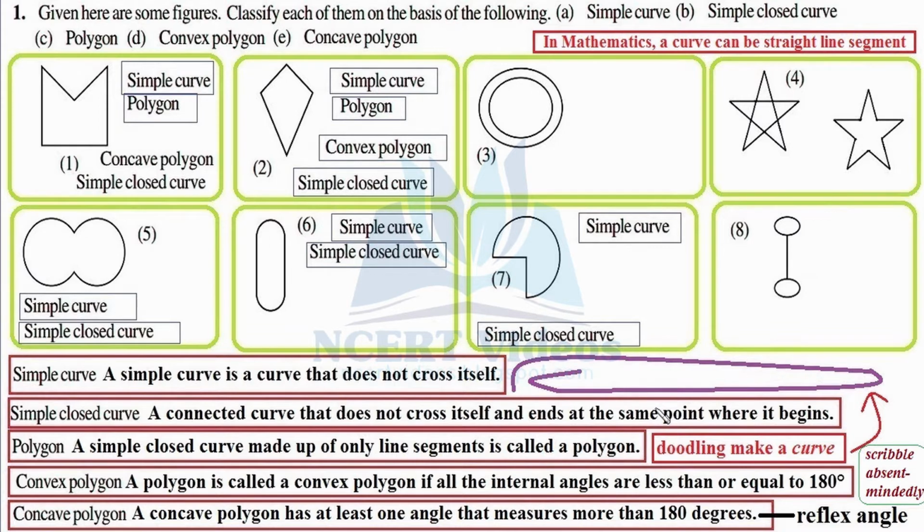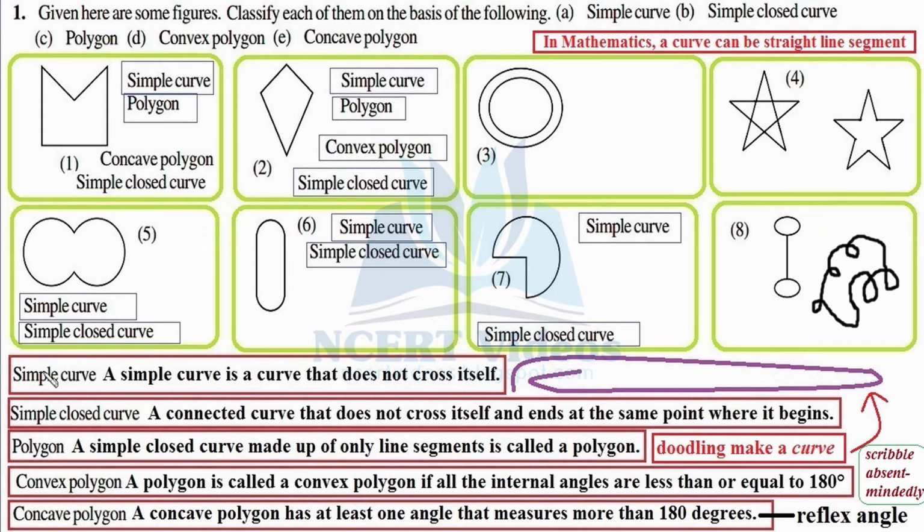Another example of a curve could be like this. You are doodling anything which is coming into your mind, you are making any random shapes, so this will form a curve. Now there is a difference between these two curves that we have scribbled. If you observe here, we started from this point and we ended up on this point. Here both these points are not the same, therefore it is an open curve. But here, we started from here and we moved all the way along and we terminated our scribbling on the very point from where we started. Hence, it is called a closed curve.